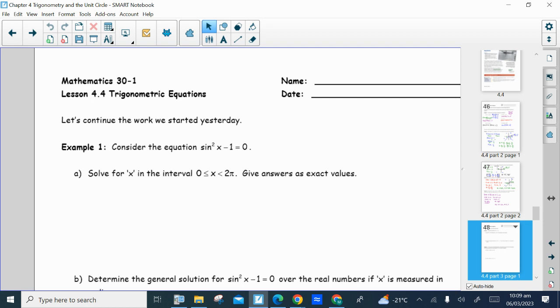But first we need to finish off this chapter and continue looking at some more examples where we're solving trig equations. So if you've got the equation sine squared x minus 1 equals 0, you want to solve for x between 0 and 2 pi. So again, the fact that you're given the domain in radians means your answer has to be in radians. And if we can get exact values for our answers off the unit circle, then that's what we would do. Okay, so maybe we'll start by